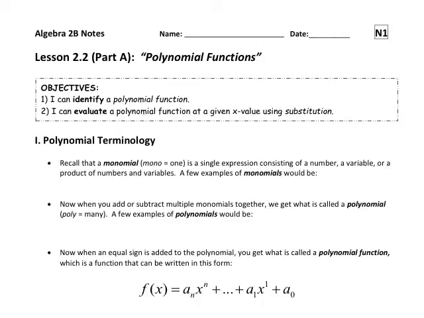These are the notes for lesson 2.2. This is just the first part of lesson 2.2, so we will have another session. So part B of lesson 2.2 will be a separate video. In this lesson, we want to talk about identifying a polynomial function as well as evaluating a polynomial function at